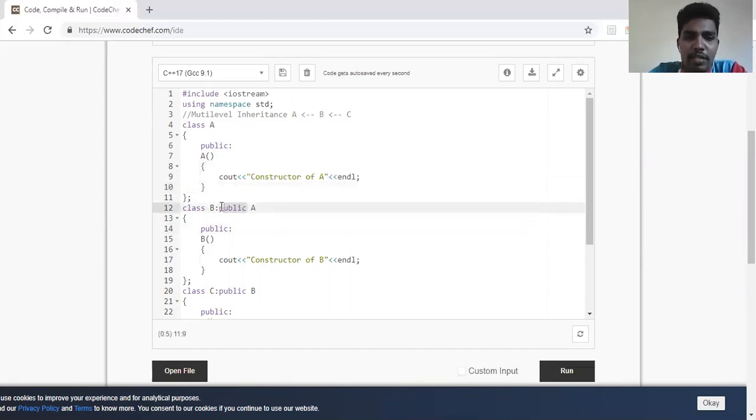What do you mean by that is all the properties of this particular A are considered as public in B. If I write protected, all the public and protected members of A will be as protected in B. If I write private, all the public and protected members of A will act as private in B. So I can actually change this access specifier of inheritance to public, protected, or private. So we'll see that in the upcoming examples.